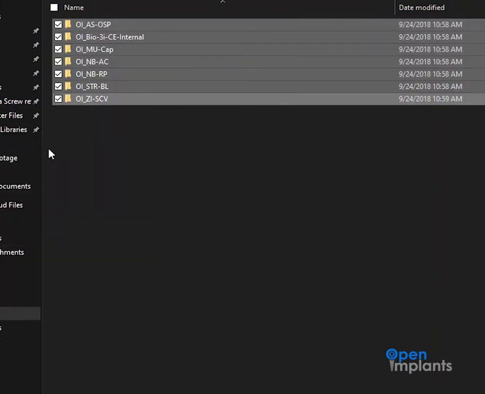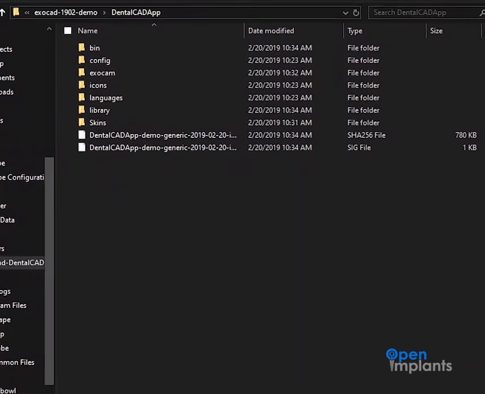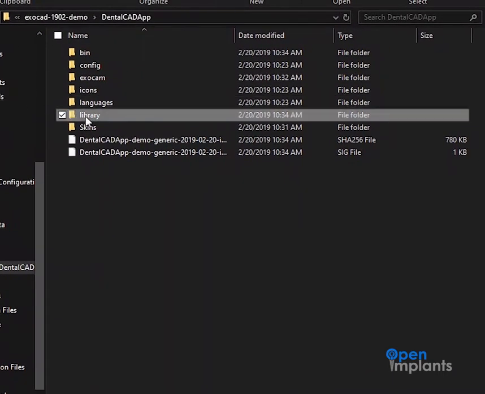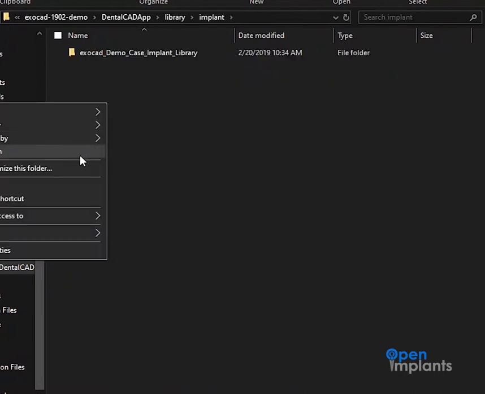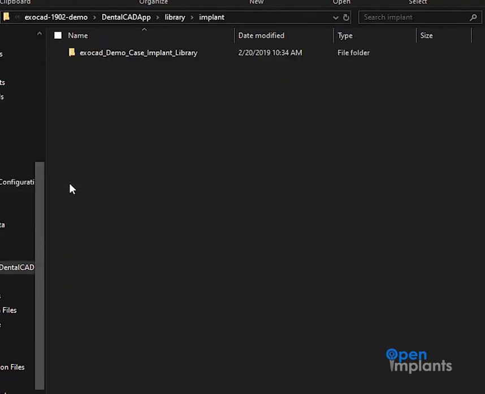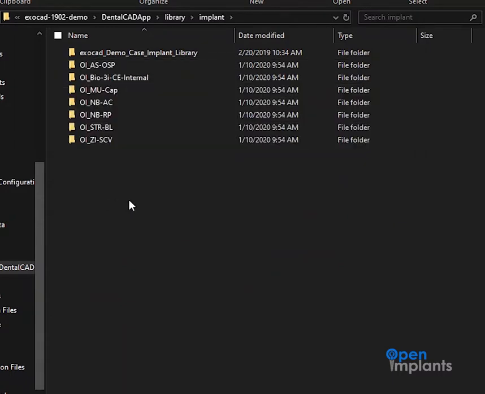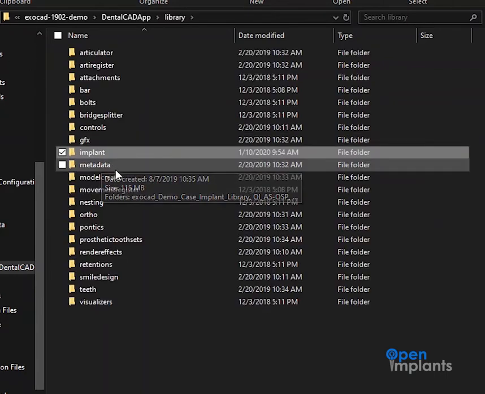And then we're going to copy, and then we're going to go back to the other window. We're going to go to library, I'm going to go to implant, and I'm going to go ahead and paste the library back into the library implant folder. So then you go back. I'm going to go to Model Creator,